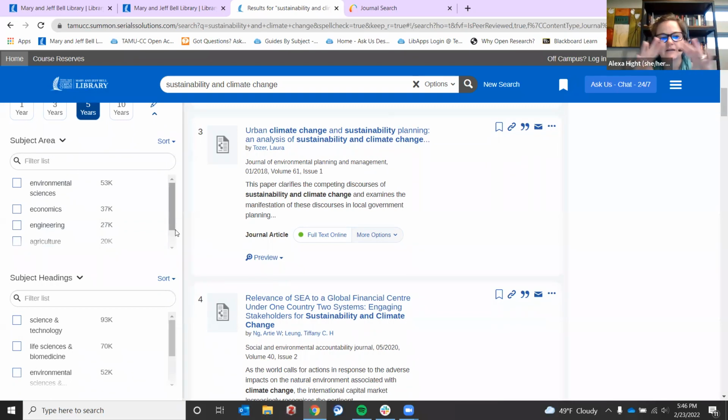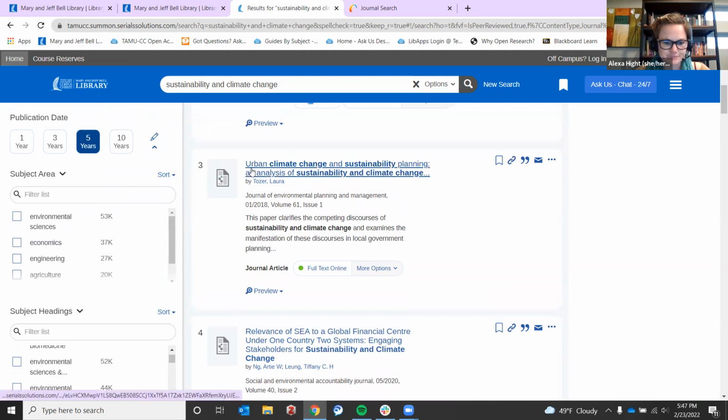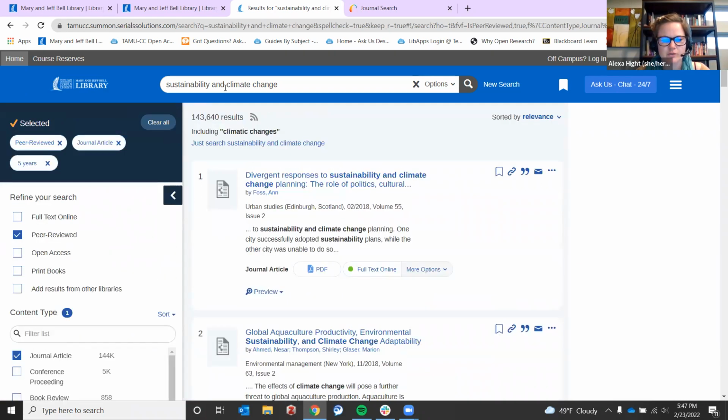Subject area is a more general term or heading, whereas subject headings are assigned by a librarian, a person working for a database, or perhaps the author themselves, who has said that my work fits under the subject heading of environmental sciences, which is generally a little more specific than the subject area. And we're kind of general right now in terms of our keywords. So those subject areas and subject headings were pretty similar as well.